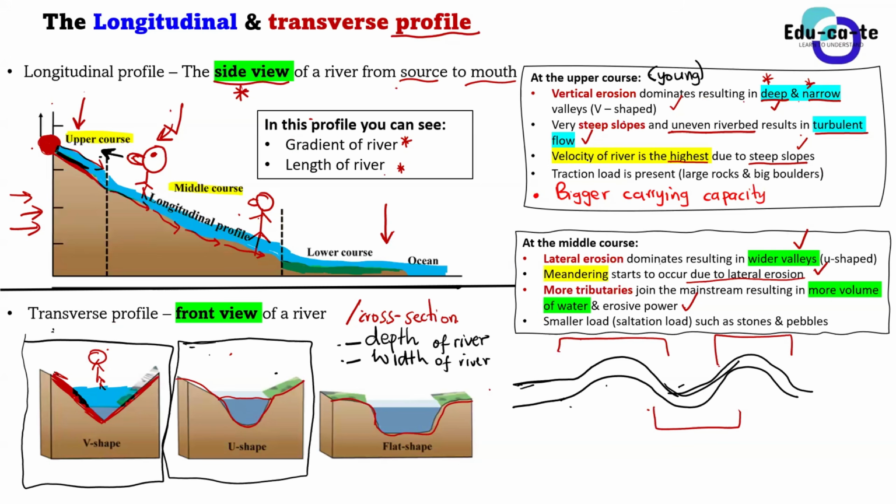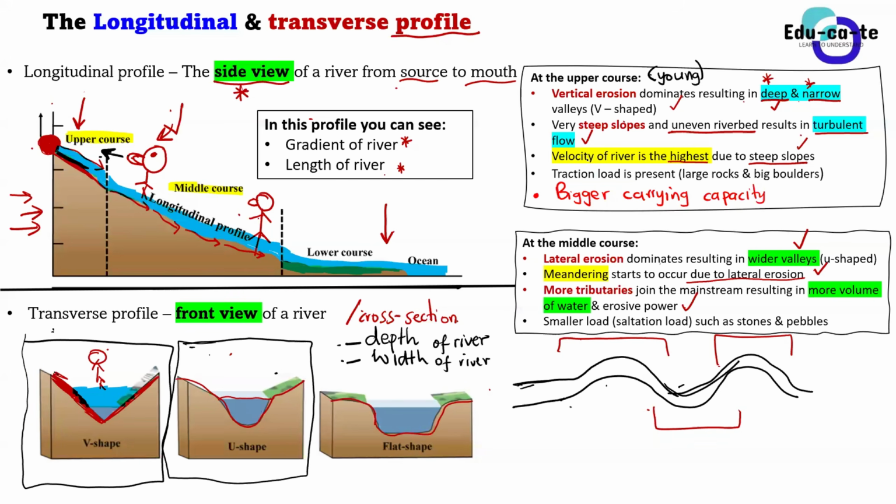All right, and then when the river gains more volume of water, it will become more erosive. It's able to erode better as well. Because remember, guys, water is very dangerous. It's able to remove the materials. So if we've got a bigger volume of water, guys, try to use these terms. Don't just say a lot of water. It's more volume of water. And when there's more volume of water, there is better erosive power.